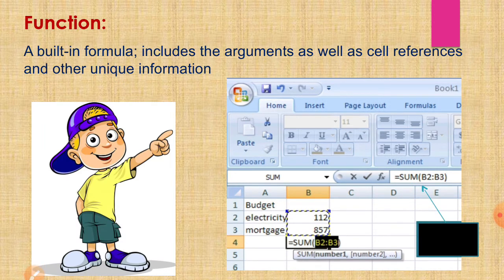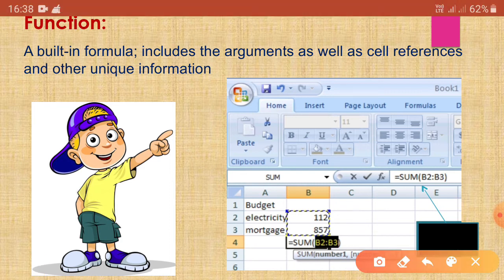Next is function. So what is a function? A built-in formula that includes arguments, cell references and other unique information is known as a function. Here the SUM function is used. The SUM function works on the B2 cell and the B3 cell.